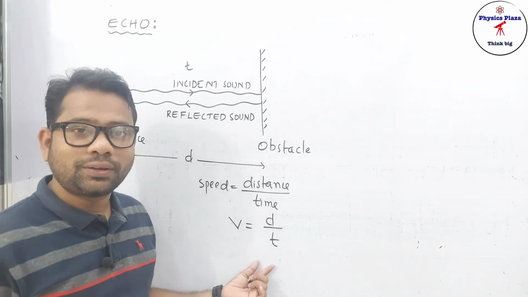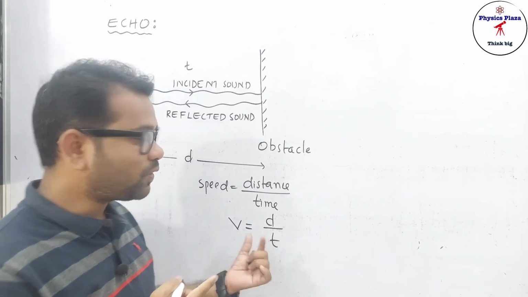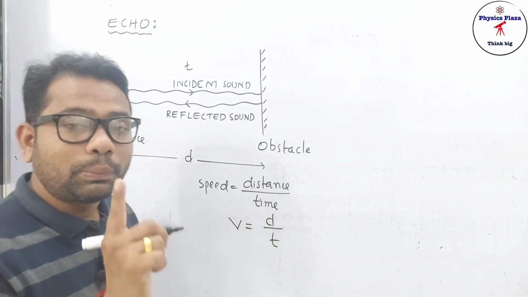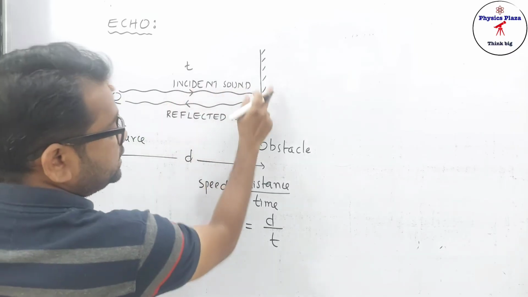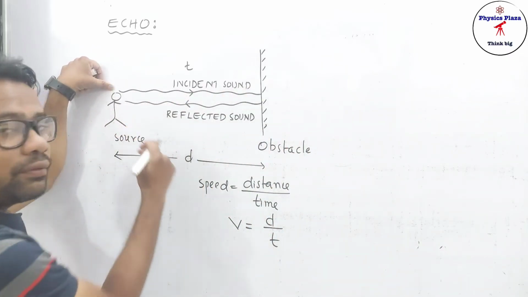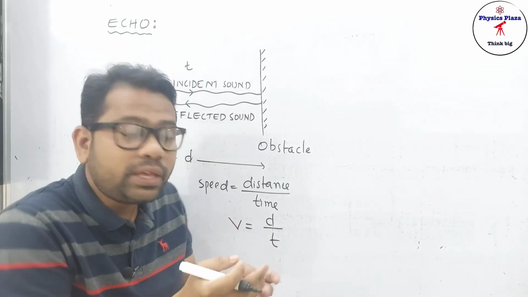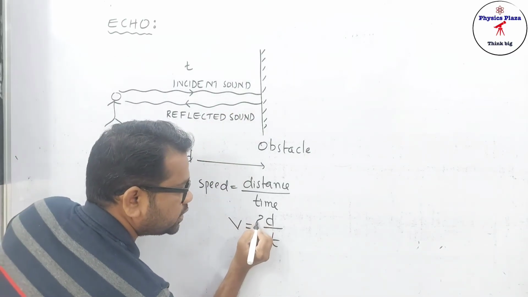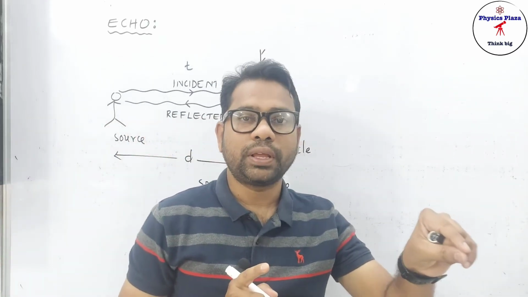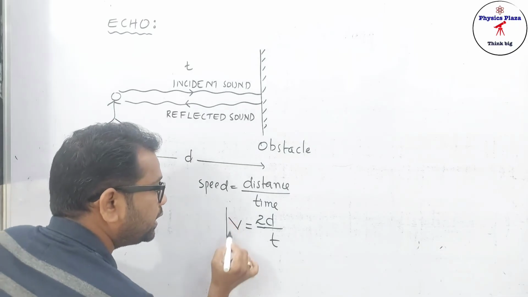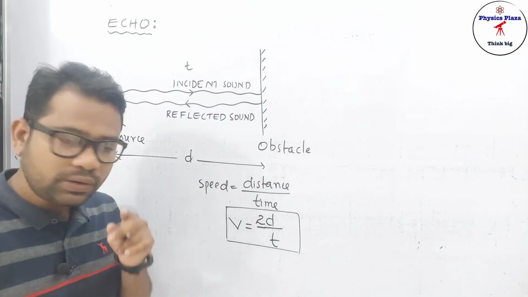Is it the formula? No, children, it is wrong. You may get a surprise again, sir. Why? How can you say it's wrong? The distance is d only, time is t. But here try to understand. In this time t, the sound goes forward a distance d, and again comes back, which means forward d plus d is how much, children? 2d. So the distance traveled is 2d. Children, v = d/t is the general formula. v = 2d/t is the formula for an echo. Very important. Okay, children, fine.